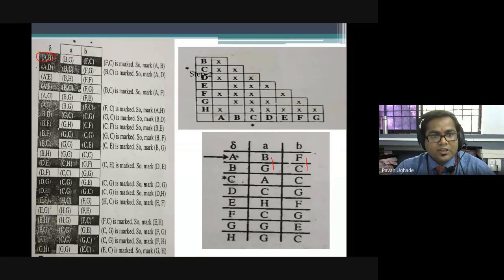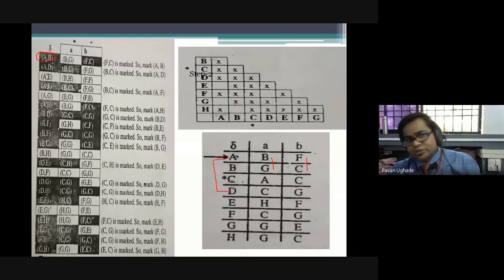Right? AD over A. A and D. This is AD over A. What is that? BC. I have written BC. And then over B, FG. I have written FG. Like that, you will be writing the table. Okay? The complete table. Now I'll directly move to the next part.